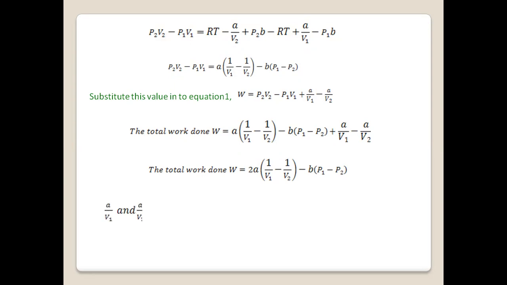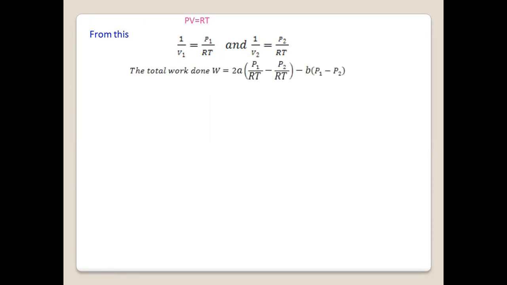Here a by V1 and a by V2 are very small quantities, and hence we apply the approximation by using the ideal gas equation PV equals RT, that is 1 by V is equal to P by RT. From that, 1 by V1 is equal to P1 by RT and 1 by V2 is equal to P2 by RT. When these values are substituted in the above equation, the total work done W is equal to 2a